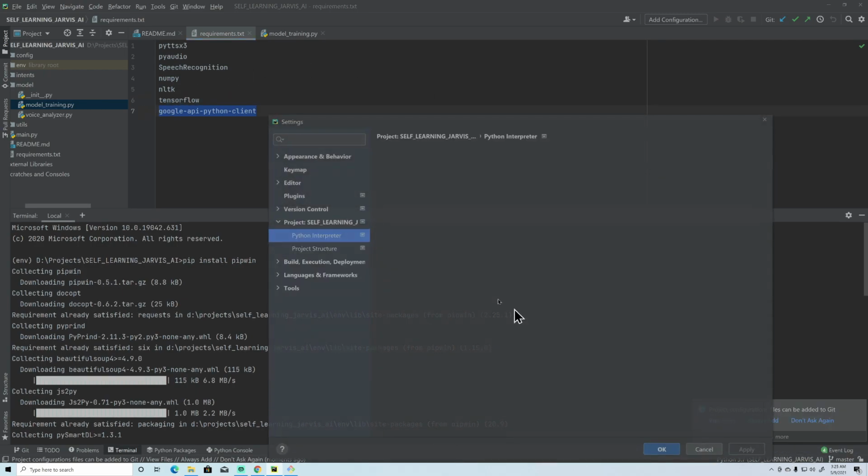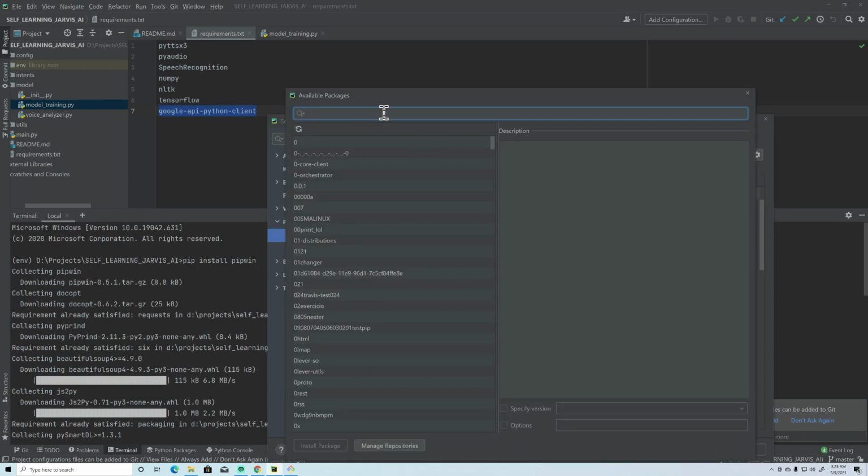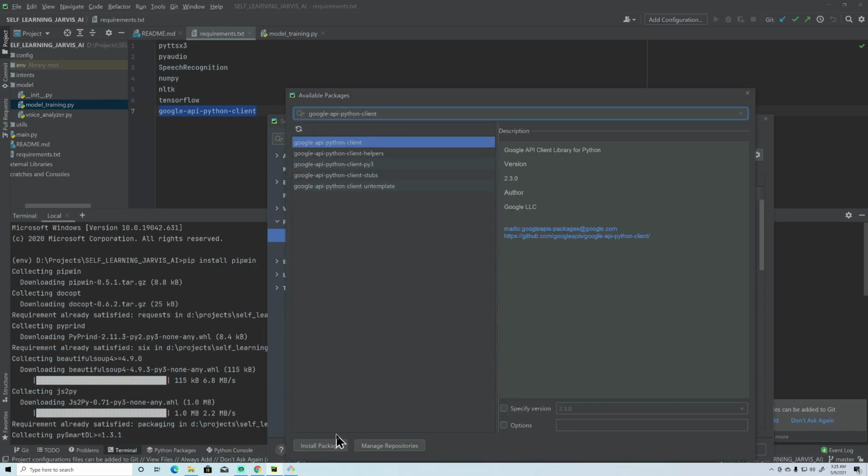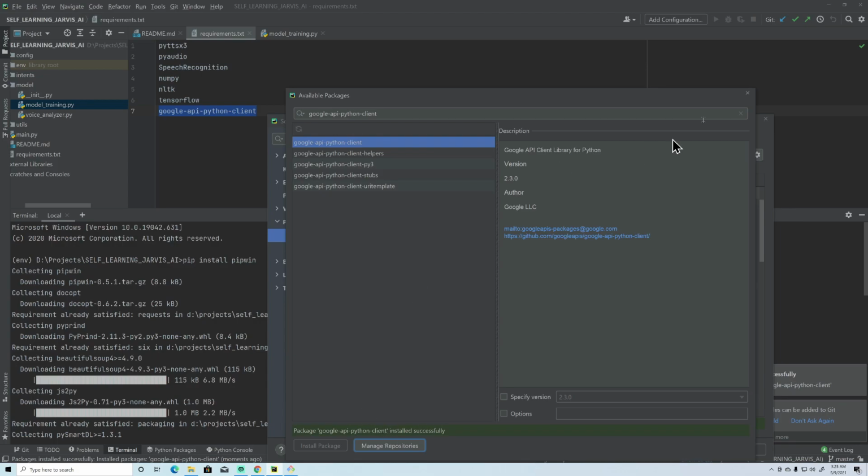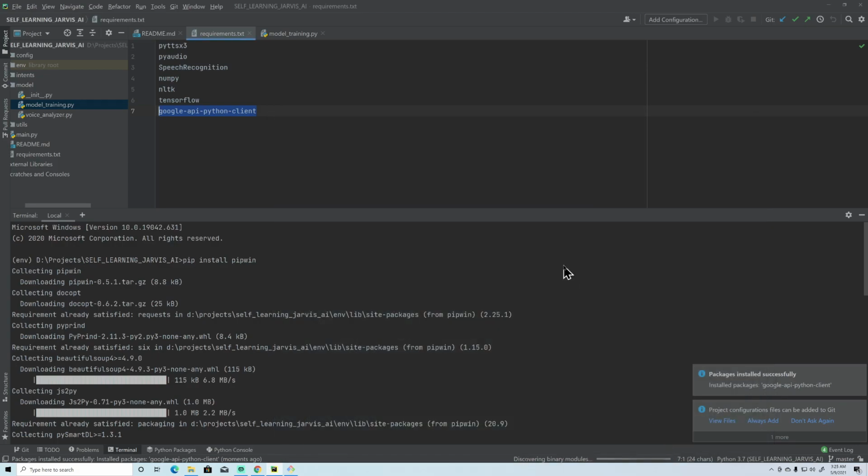So interpreter settings, hit add, paste it here. Yes, we are here, and just install it. So it will also get installed on your PC. Yes, this is also installed. Just hit OK. Now we have installed all the required modules for this Jarvis AI.